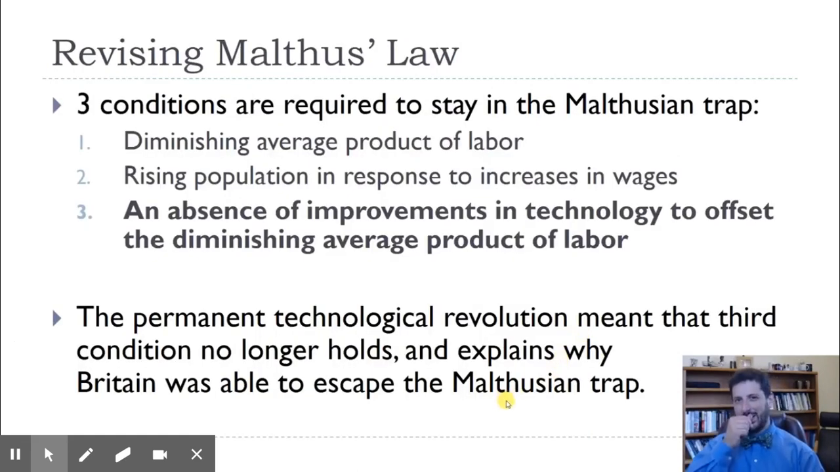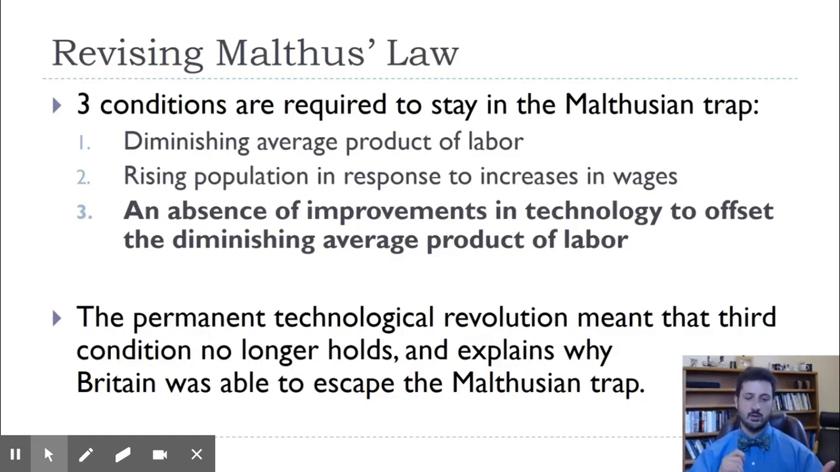So why are we sometimes stuck in the Malthusian trap? Well, there are sort of three required conditions. One is the diminishing average product of labor, which we already talked about, right? The fact that as you add more workers, the average product of labor falls. The other is that you get a rising population in response to increases in wages,